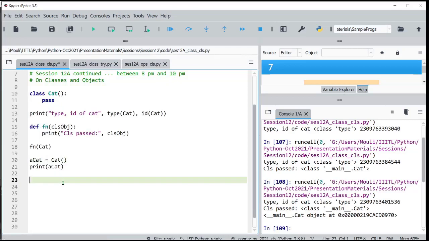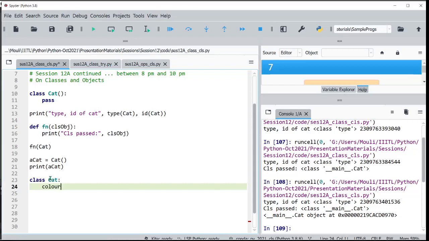Now let us talk about some attributes. I can have it without a parenthesis also, that's also allowed. Now let us create class attributes, which I do at the class level.